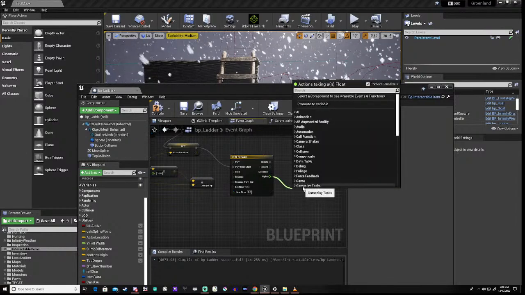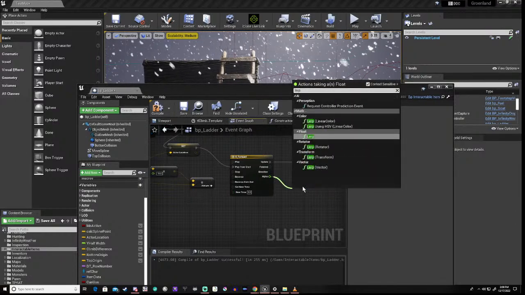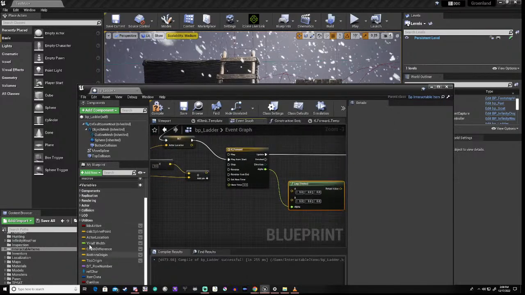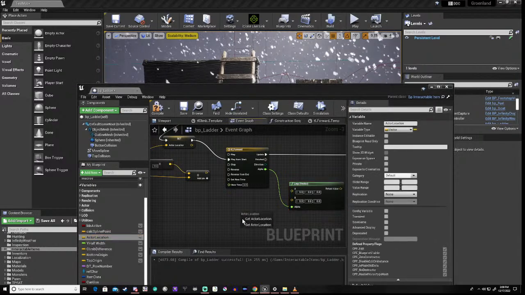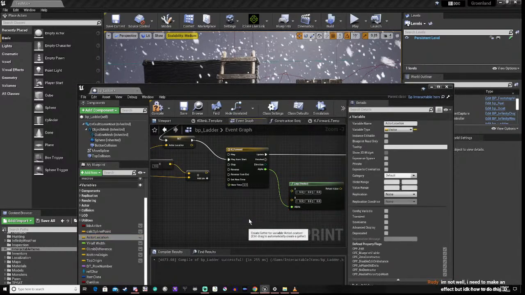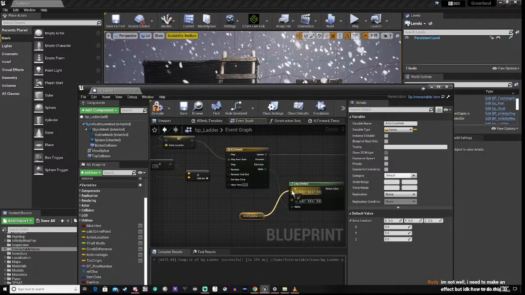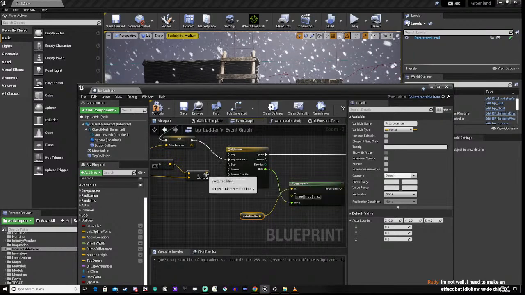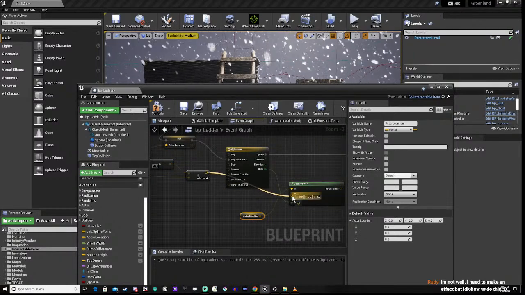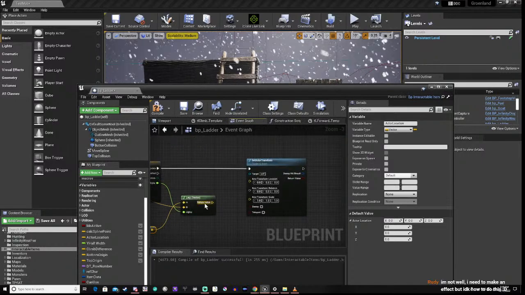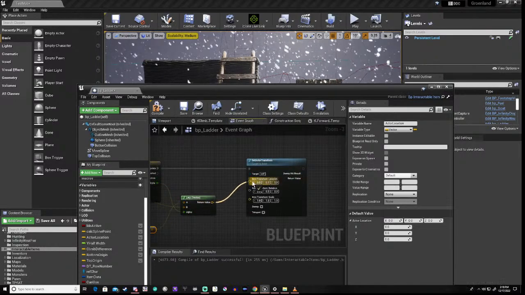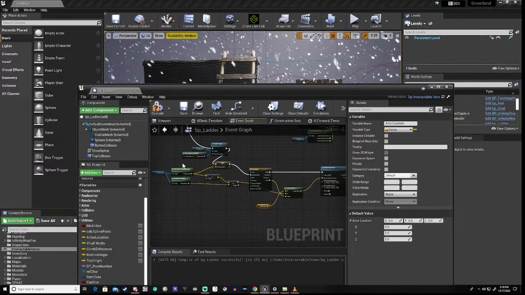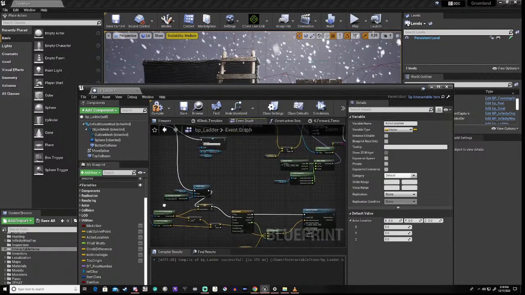So we're going to lerp on a vector, and we're going to say actor location. And this is not going to work, but we're going to do it anyway for a laugh. And we're going to do that. Okay. And we're going to see what